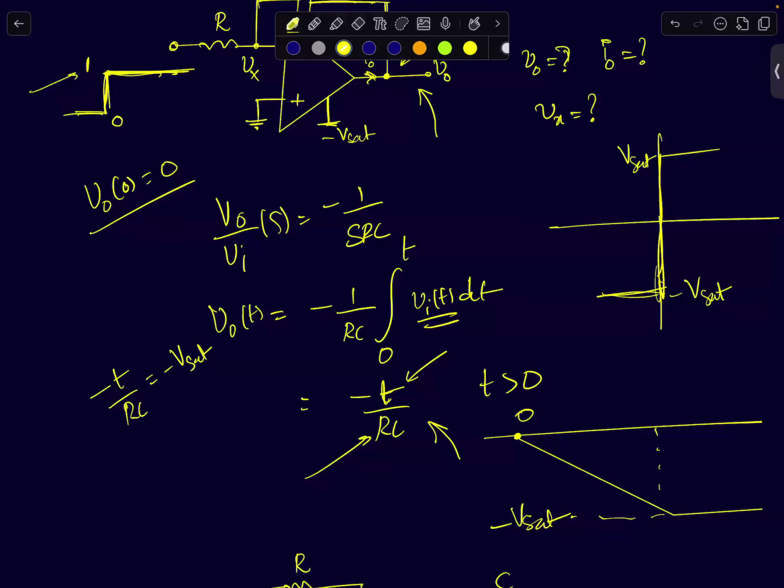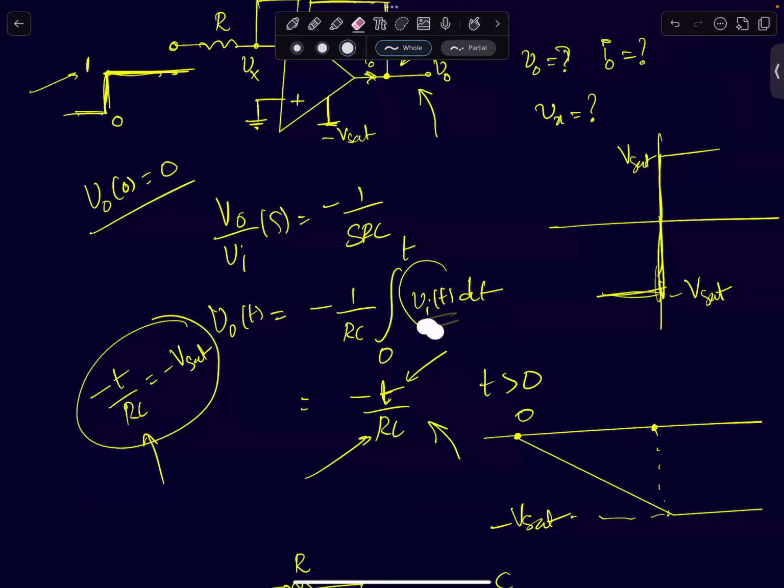And what is the time instance at which it happens? You can find that by equating minus T by RC to minus Vsat. Okay, it is RC times Vsat. So remember, T by RC is actually a dimensionless quantity. I can assume that instead of 1 volt, the step voltage is some